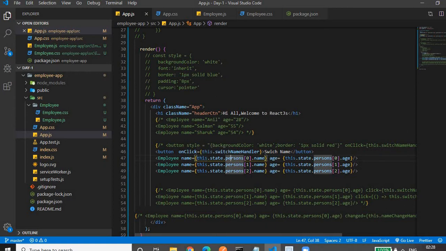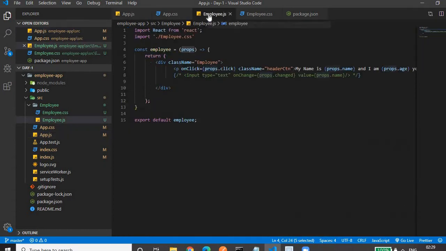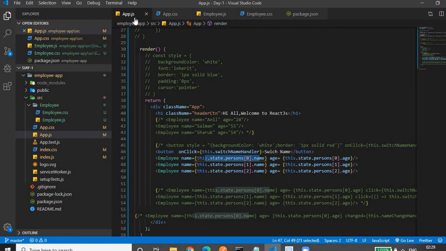So on click of the button, it will call this function. In this function, we are modifying the state by using the setState function. As soon as the state is modified, the render function is called one more time. The second time, it will pass the updated props for the first employee. As it passes these props, new props are passed to this employee, so the return function of this employee component is called again, and our UI gets updated. So the render function is called every time our state changes as well as the props change. Please keep it in mind.